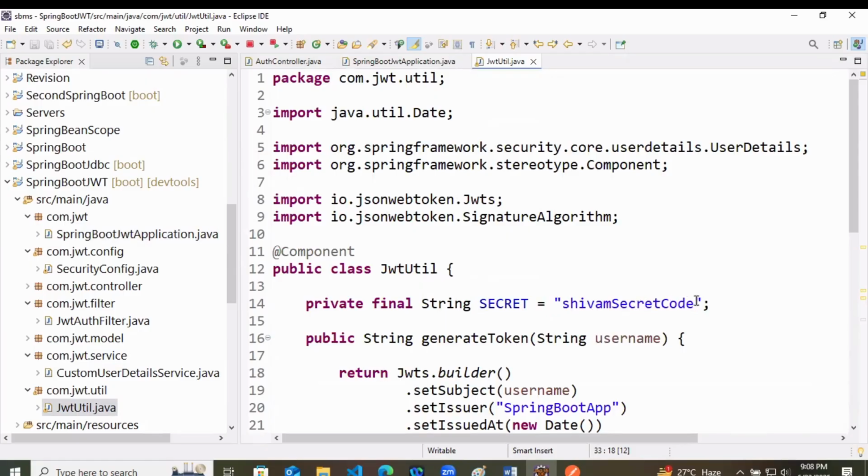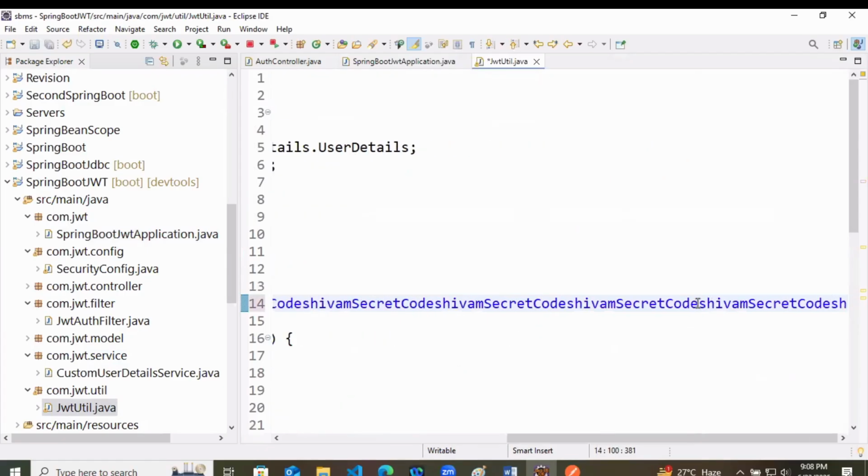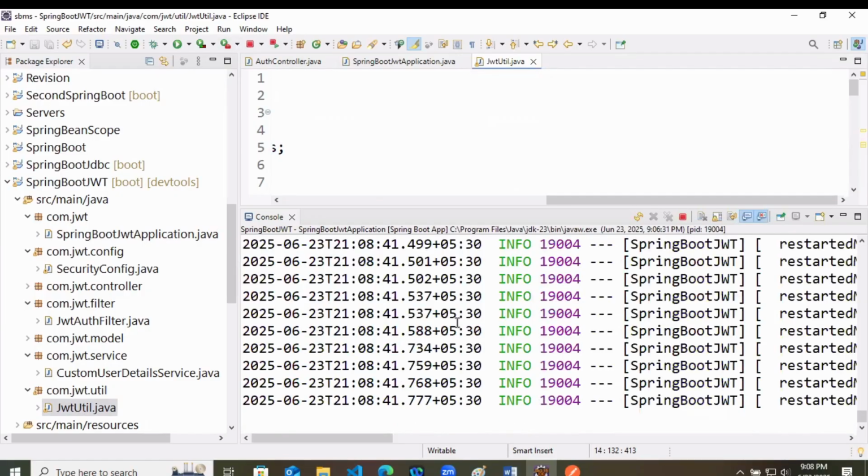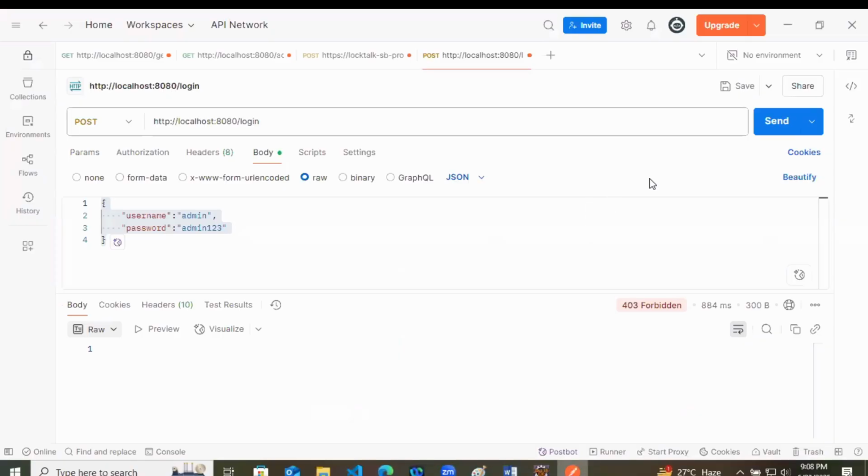This is our key, which is very small. So let's just copy paste it multiple times. Now it was an internal error that our key is very small. Let's try to send it again.